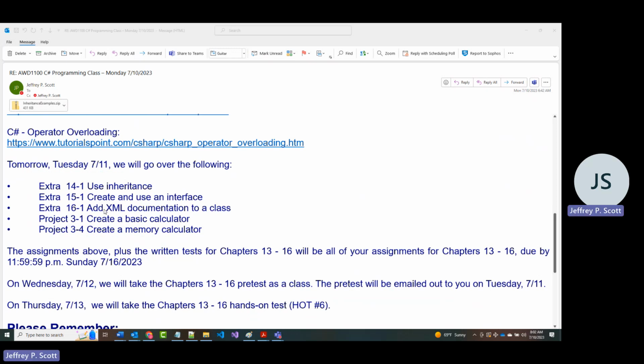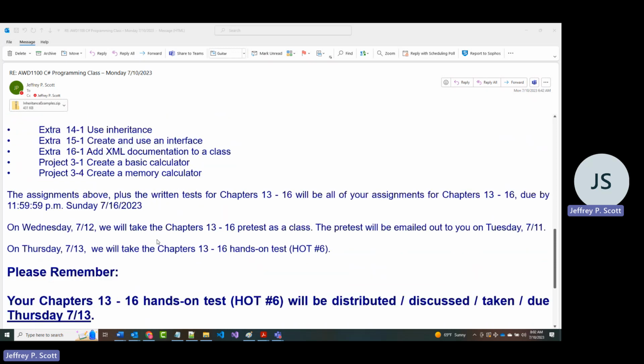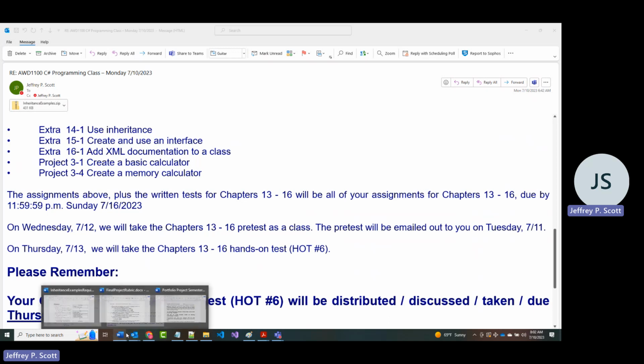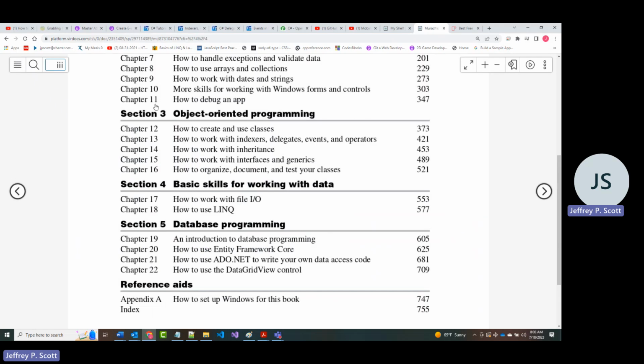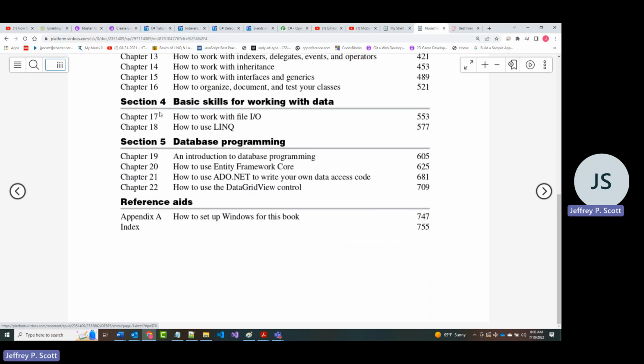All right. And tomorrow I also plan on emailing you the pretest that we will do as a class on Wednesday. And then on Thursday of this week, you will take the chapters 13 through 16 hands-on test, which means that 1 week from today, on Monday the 17th, we will be finished with the first 3 sections of the book. So a week from today, we're going to go over